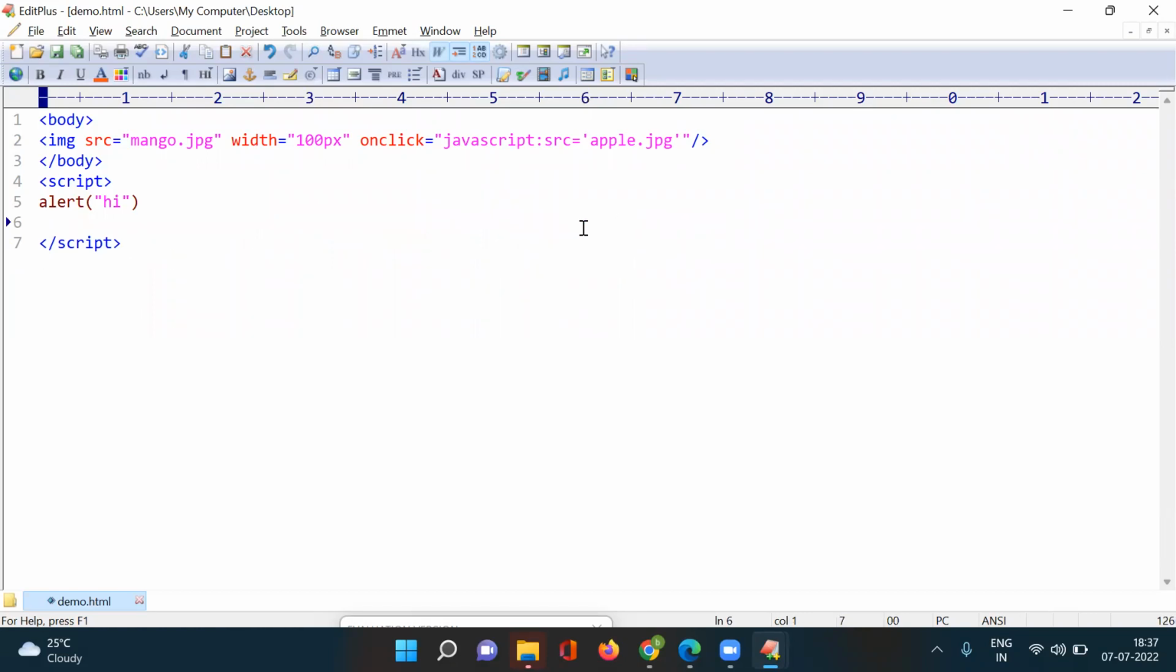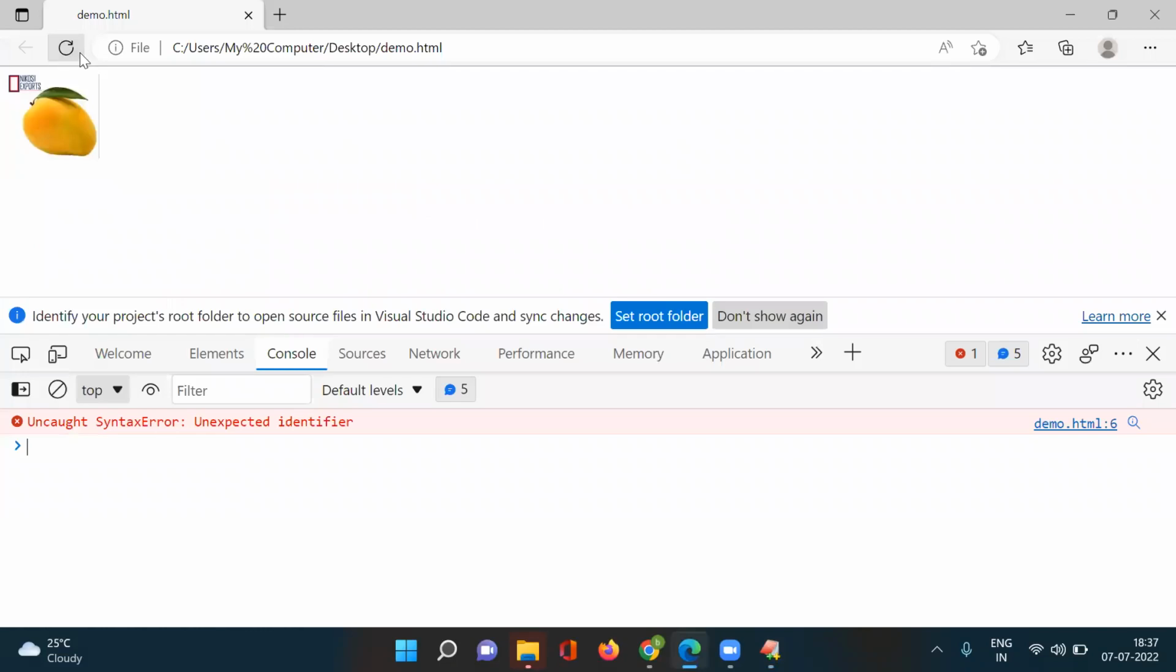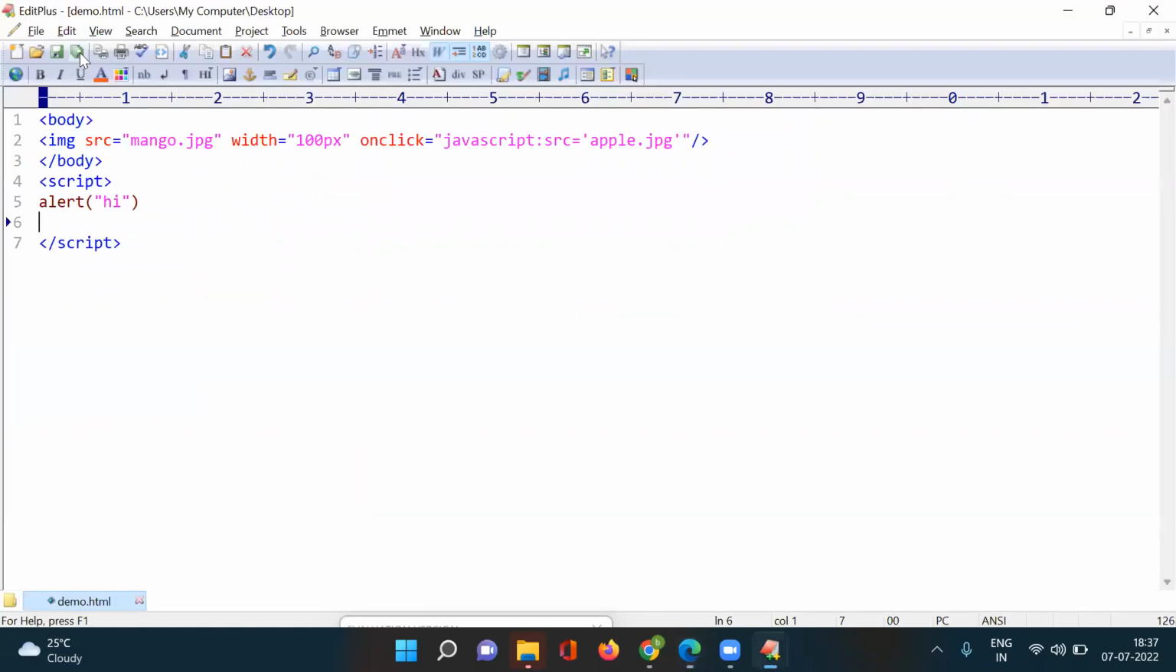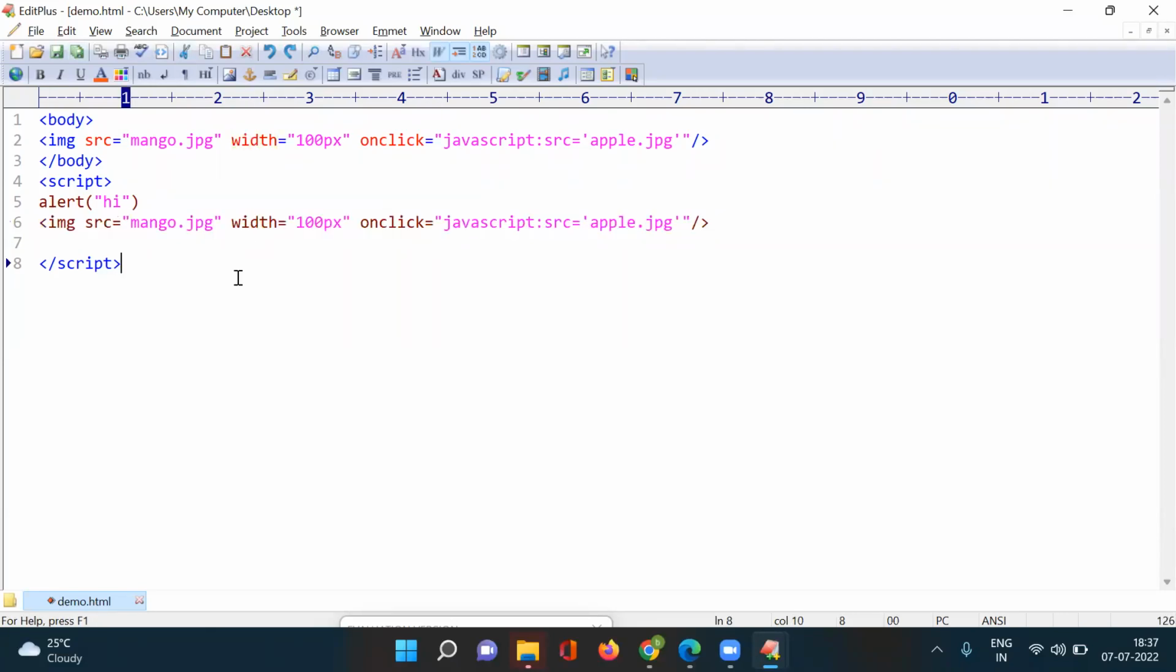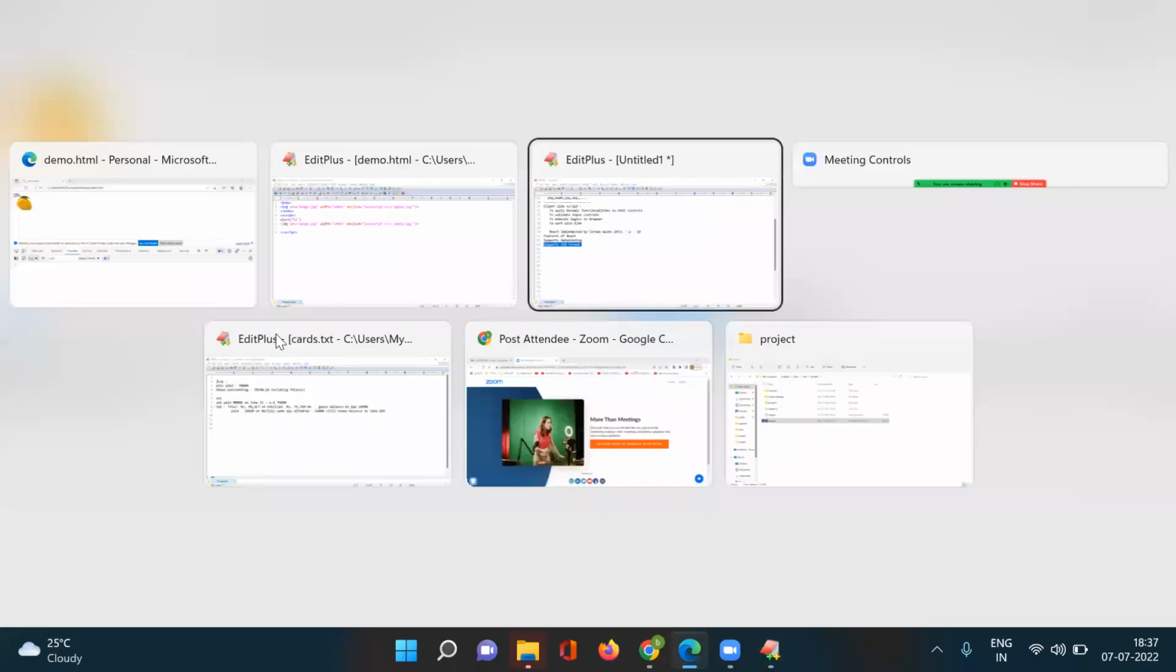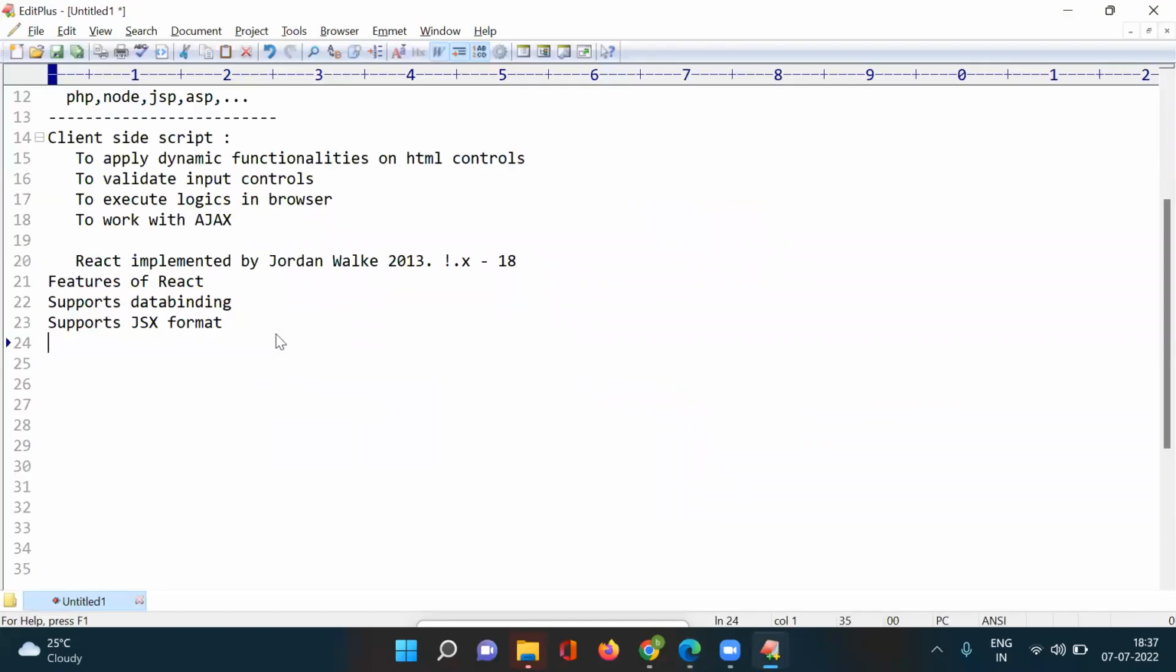Now, if I remove this one, then it will display the hi message. Now it executes fine. But if I give this statement, an error comes because right now there is no React.js in this HTML file. If you use the React packages, then it supports this. Is it clear? So that is nothing but JSX format. Next one,